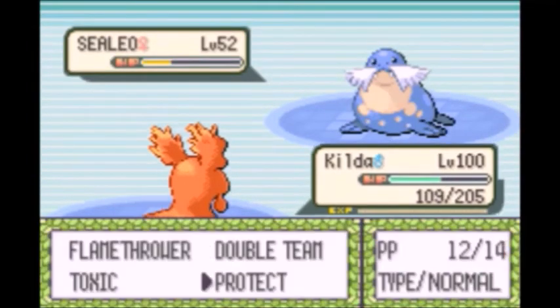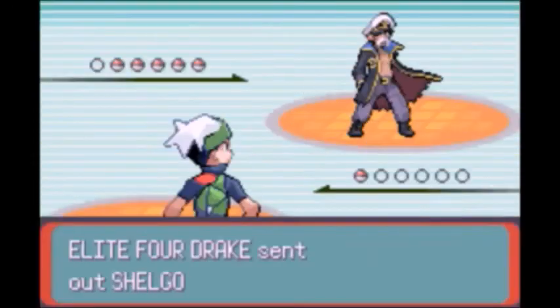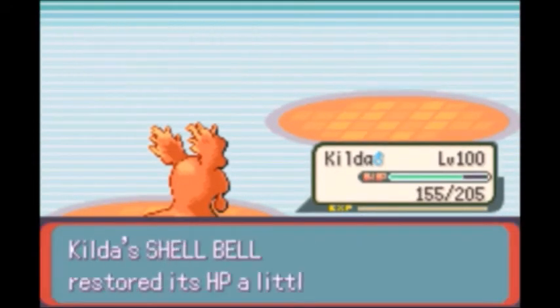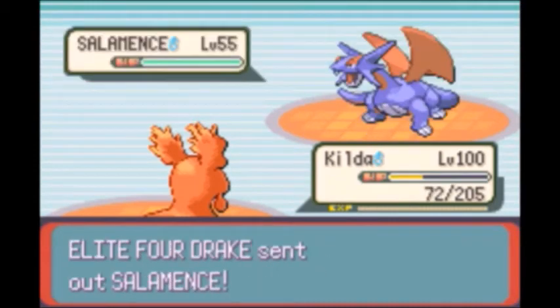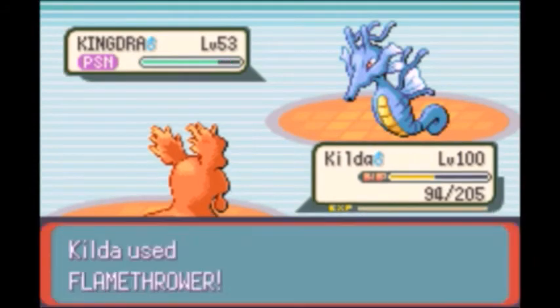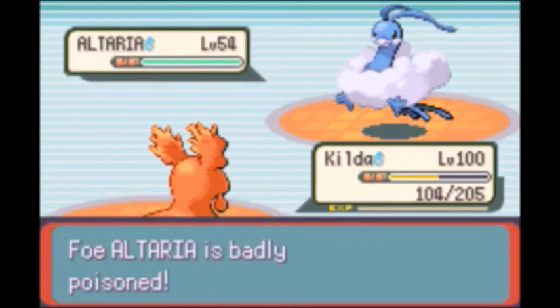Glacier I beat on my second try, and Drake took 6 tries. I actually gave up midway through Shellgun because he hit me so many times when I was building up double teams, showing that evasion line is definitely random. On my winning attempt, I almost got crushed by Earthquake on Flygon, but I slowly muscled my way through the